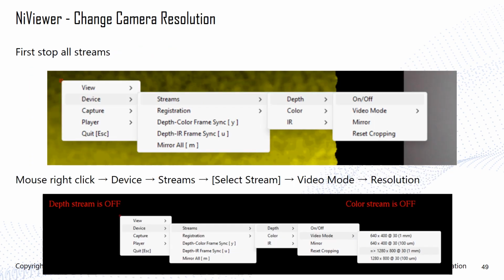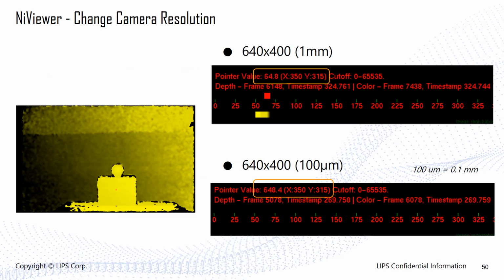It is also possible to change the resolution for the streaming. For this, first stop all streams. You can do this by right-clicking the mouse, and then from the same menu going to the video mode to select the desired resolution to output. Once the resolution is changed, it can be seen in this example the results from the units of the pointer value, when being read from being 1 mm at 64.8, and when the unit is micrometer, the result of the